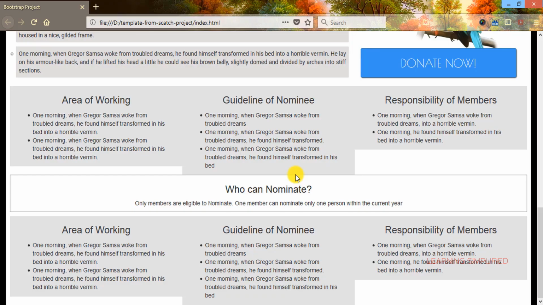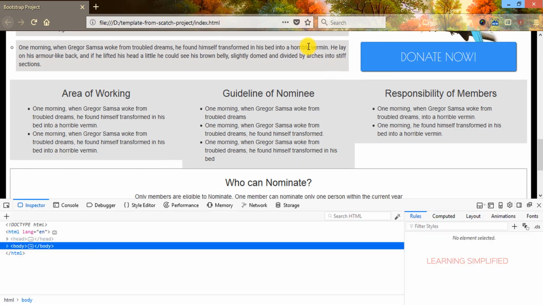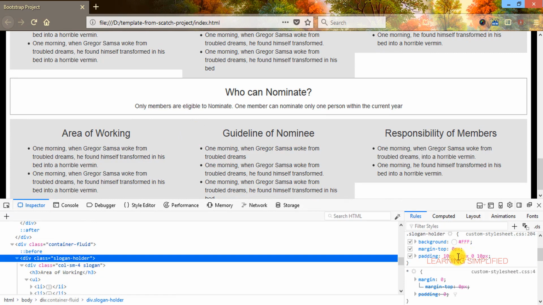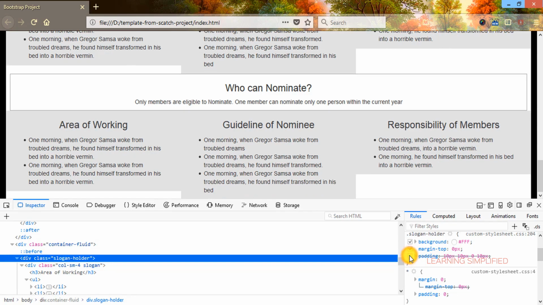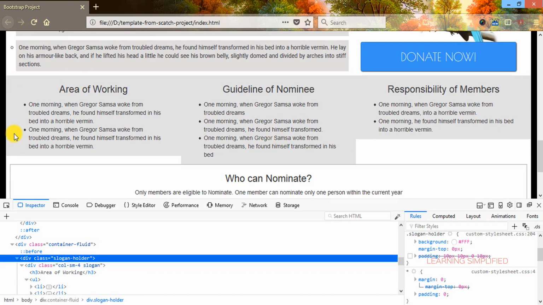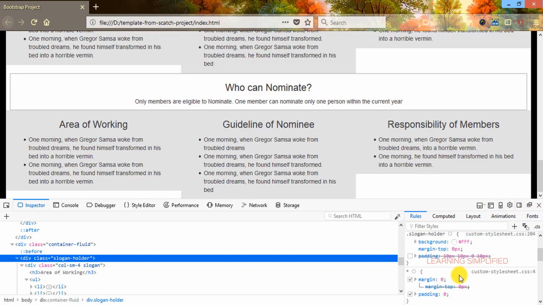Now once again, let's get back to our project, pressing F12. That means we are now enabling the code inspector. Margin top is 0 pixels, so there is nothing to change here in this particular property of margin top. Now let's uncheck the box of padding. And what we can see here, the gap is practically diminished in this particular segment, but on the other hand the gap from the extreme left and from the extreme right are also diminished. Those are practically now getting the whole width, and the same thing goes here. So this is the exact place where changes should be done.